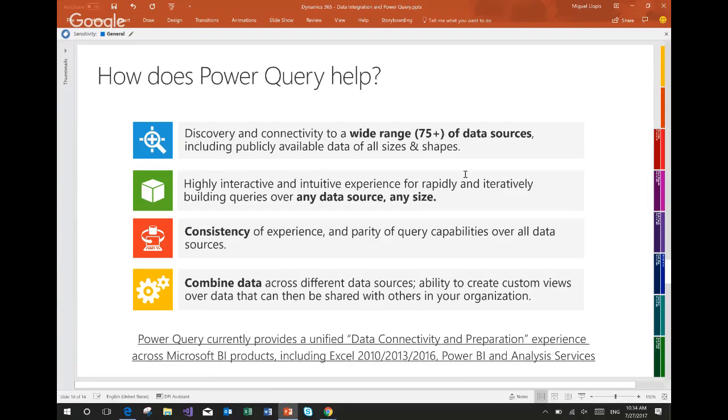Currently the CDS connector in Power BI Desktop exposes only a live connection, which means you can only build visualizations on top rather than further transforming and augmenting the data set itself.